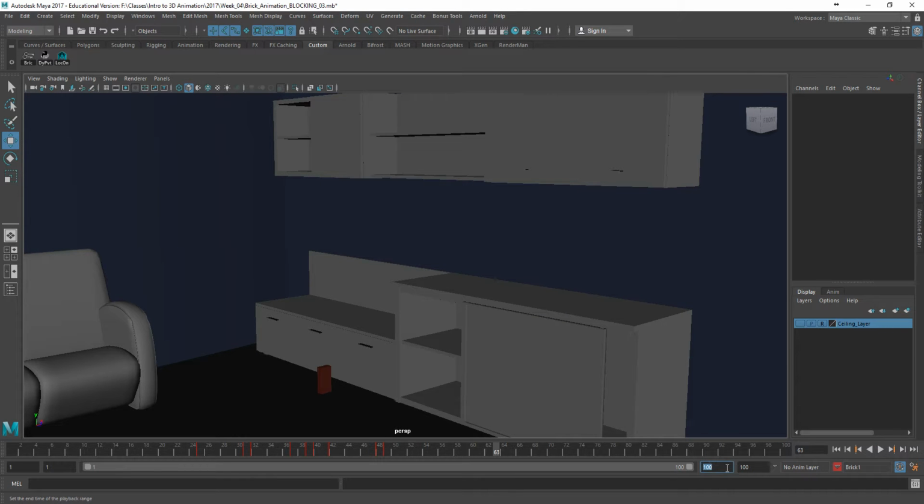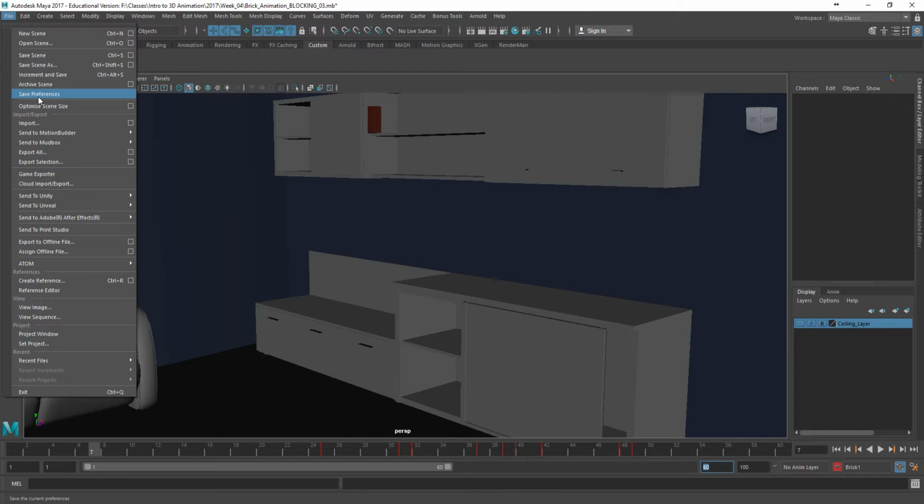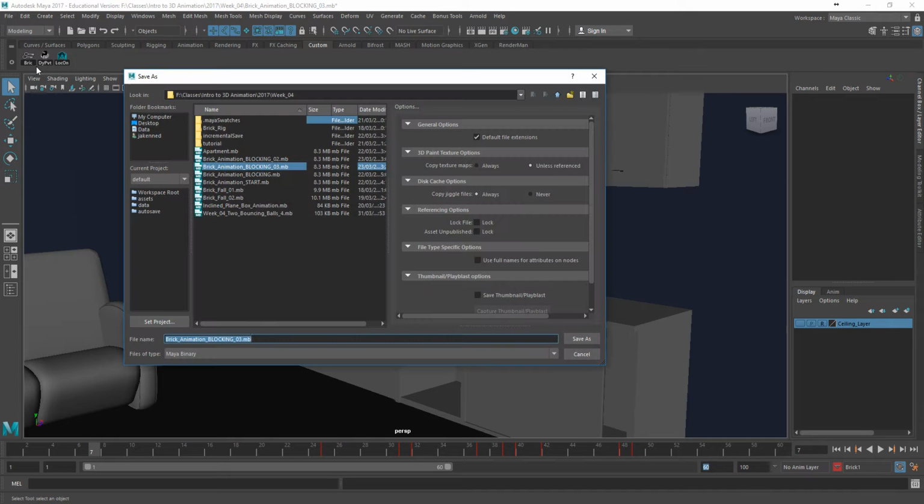Don't actually need this animation to be really longer than 60 frames now. Okay, starting to get an idea of what it's going to look like. So now that we've given a basic indication of what our timing is going to be, we can go in and create our spacing. So let's first save this. We're going to save this scene as, and I'm going to call this my,